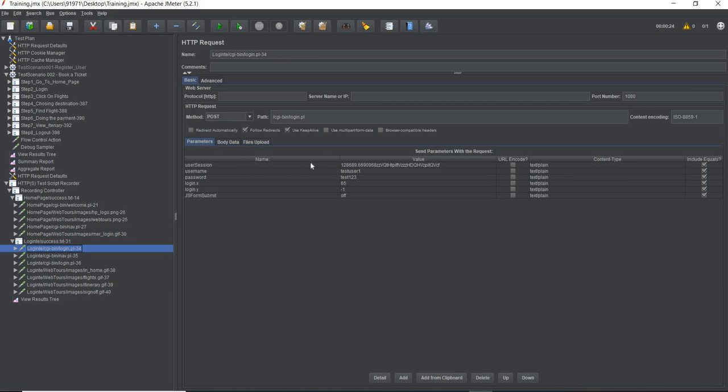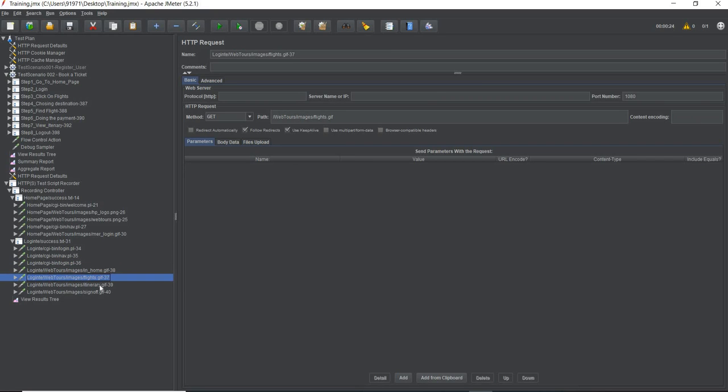Then here we see a user session. I may think that this user session requires correlation, so I have just copied it and I am not doing anything. So these two requests will be parameterized. You can see our previous chapters on parameterization. Then I go to the next step. Again I do not see anything which is required to be correlated over here. Then again I go to the next page. No, nothing. These are just again the GIF files.